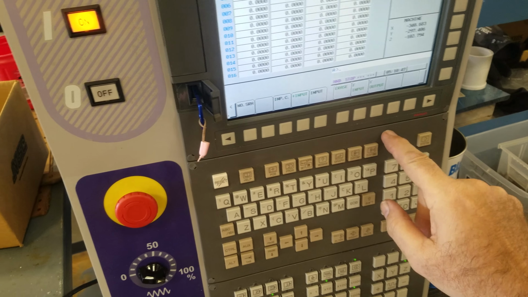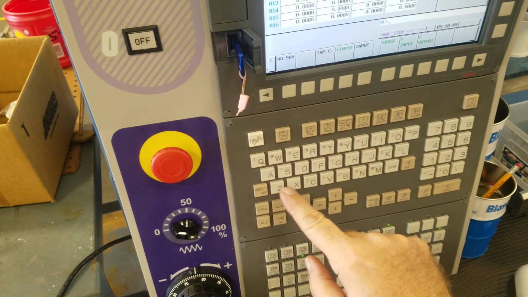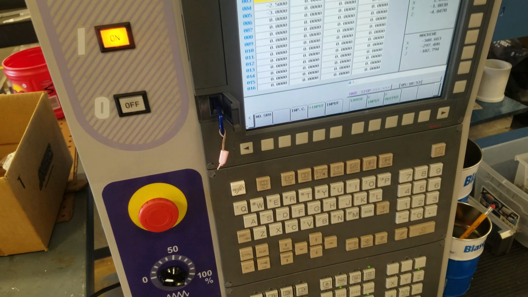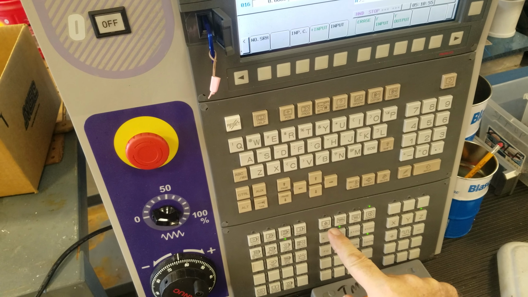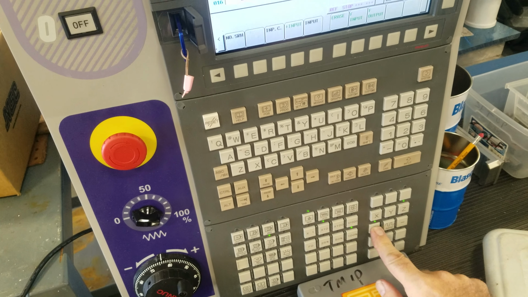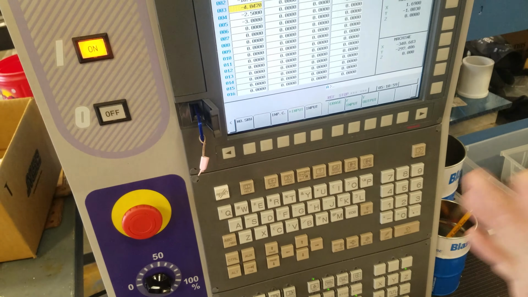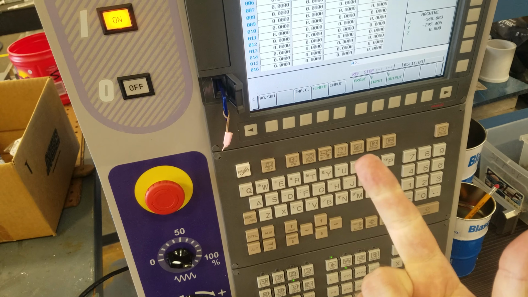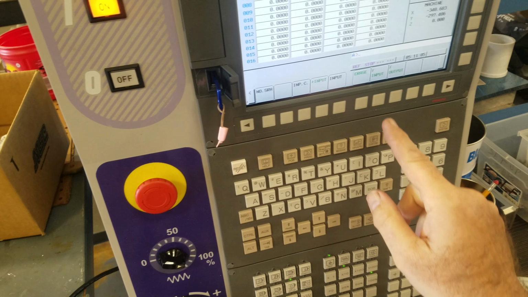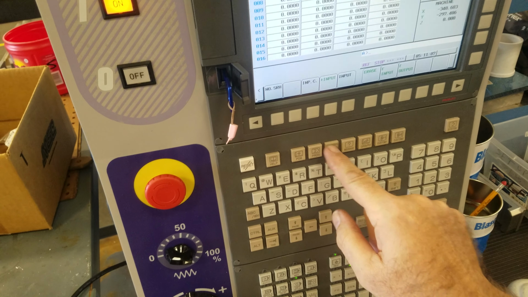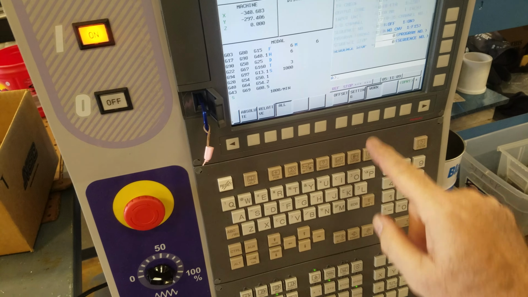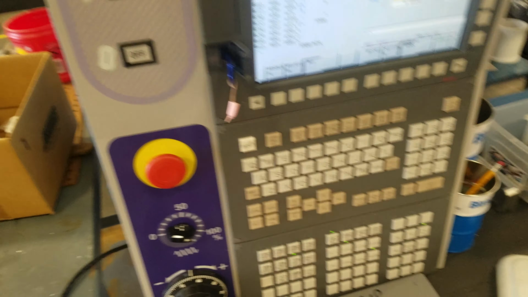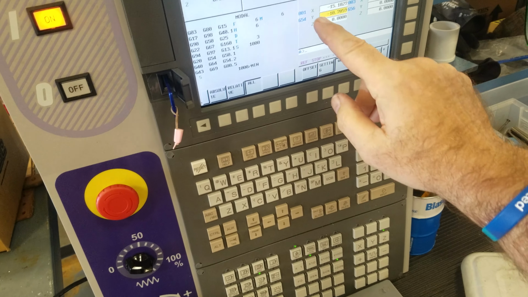Hit operator screen, Z, input C. Now those are all updated. I'm going to do reference return Z and hit the plus button. That's all homed out. So I did work coordinate, Z coordinate. So in this scenario, if I do the offsets, work offsets, the Z0 we're assuming we're touching off the top of the part. But we could do other scenarios in order